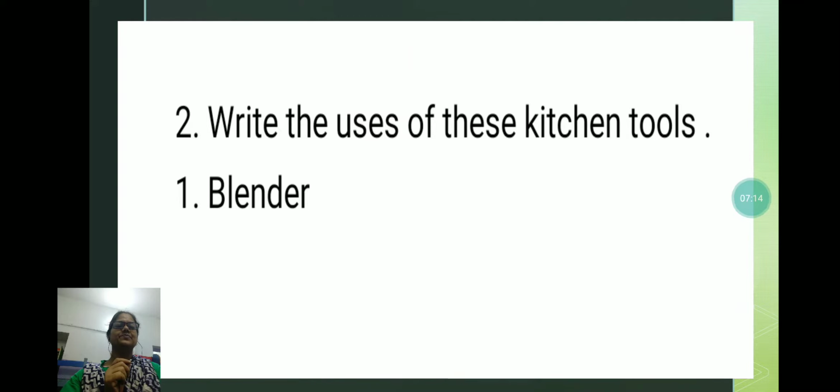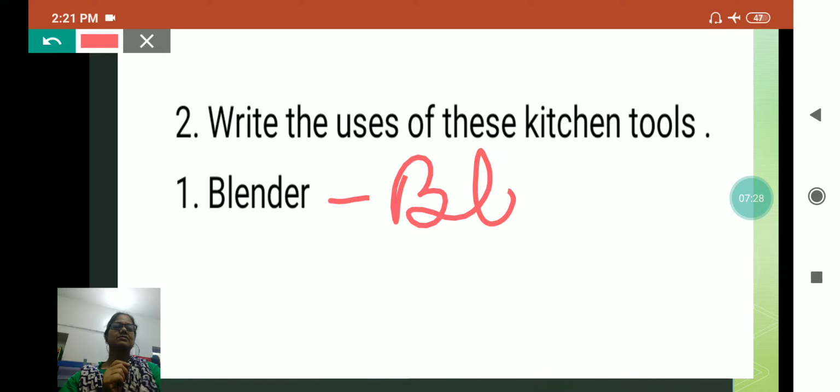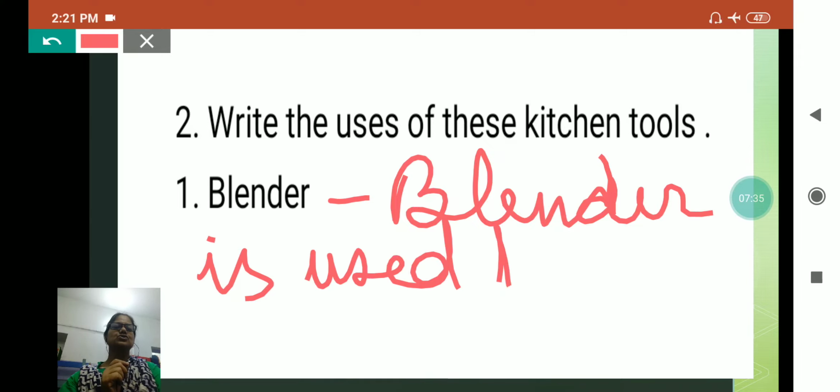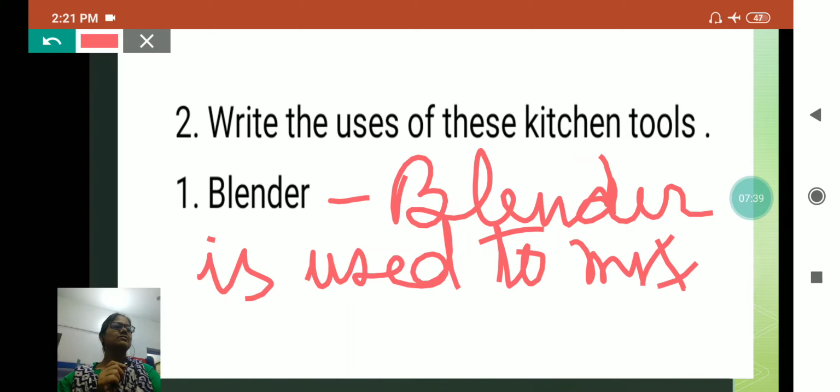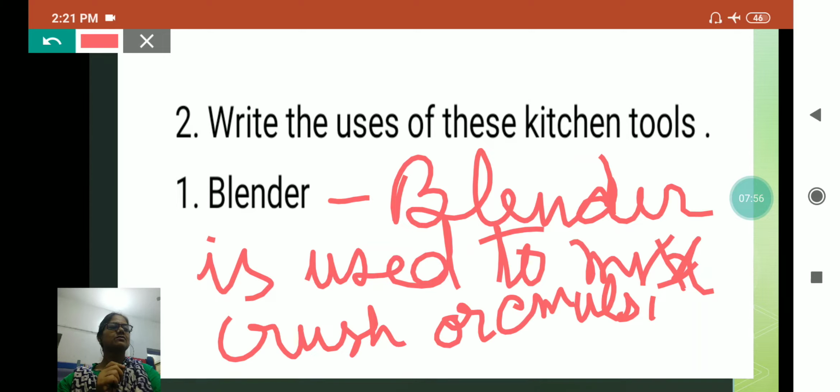Right now you will see, it is used to mix, crush or emulsify food or other substances.